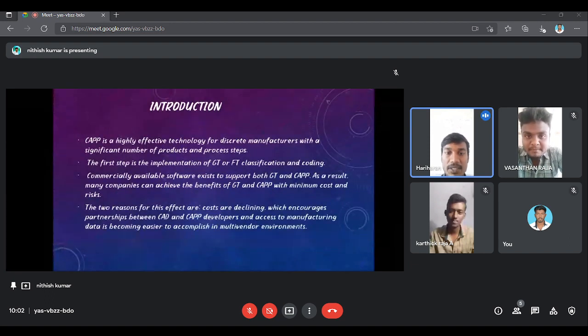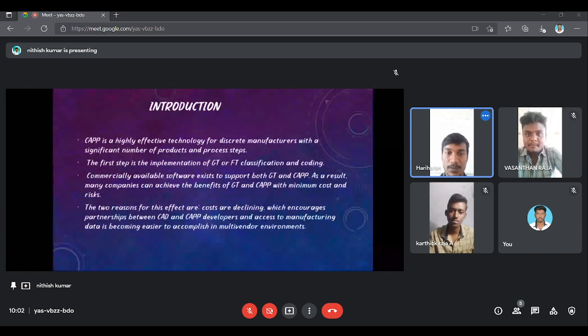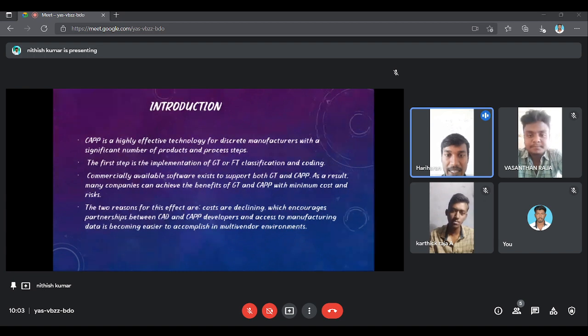Introduction. CAP is a highly effective technology for discrete manufacturers with a significant number of products and process steps. The first step is the implementation of GT or FT classification and coding. Commercially available software exists to support both GT and CAP. As a result, many companies can achieve the benefits of GT and CAP with minimum cost and risks. The two reasons for this effect are that costs are declining, which encourages partnerships between CAD and CAP developers, and access to manufacturing data is becoming easier to accomplish in multi-venture environments. Next,